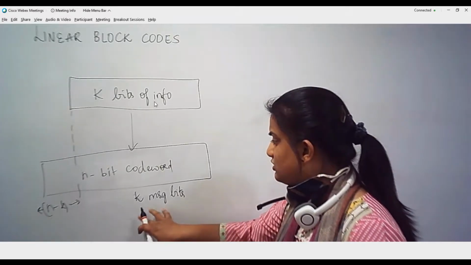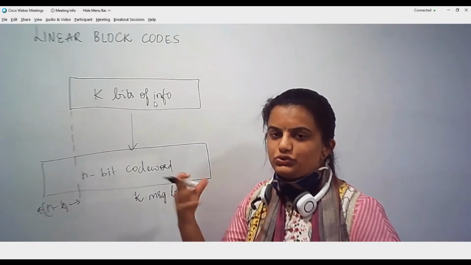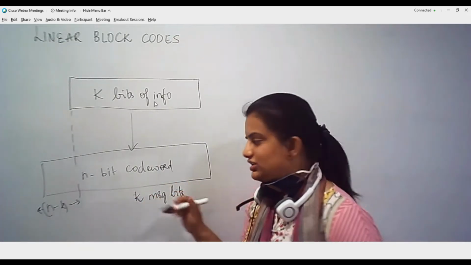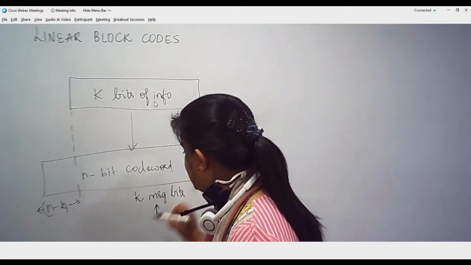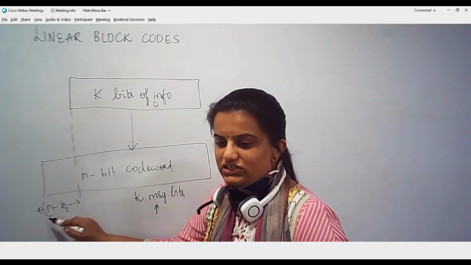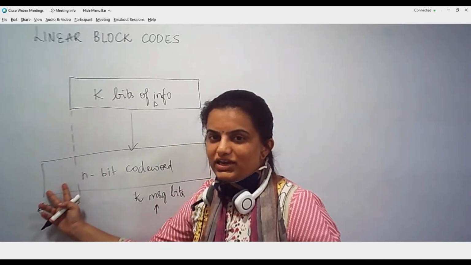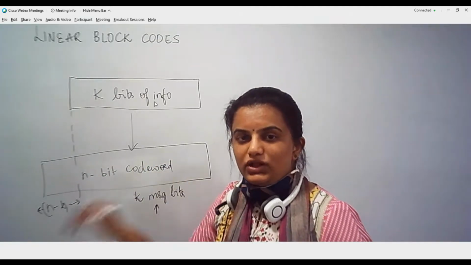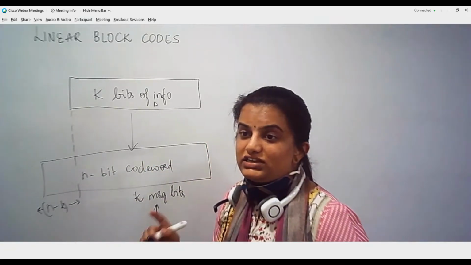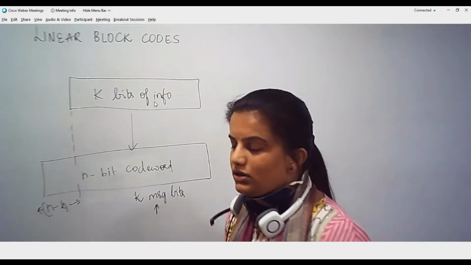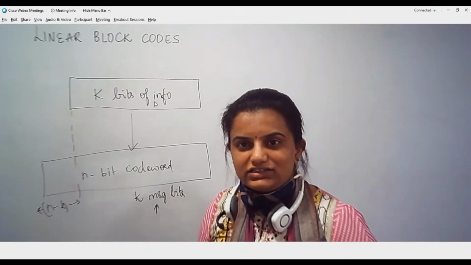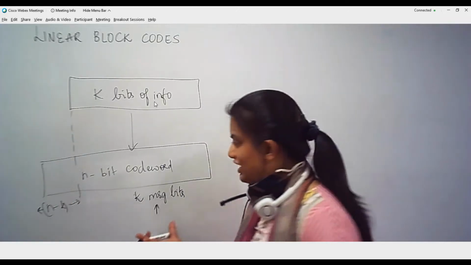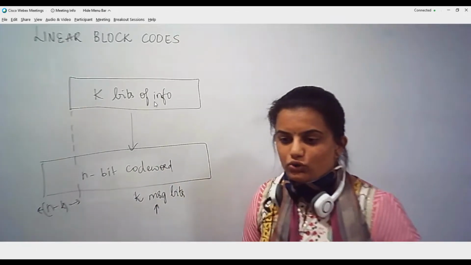So this is a strategy which is used to overcome the error while these information bits are carried within the channel. Whenever any error occurs, these check bits or redundant bits n minus k, which are appended either at the beginning of the message or at the end of the message, either way will be useful in order to detect and correct the errors. Some of the block codes are helpful in correcting the errors. Some of them are used for identifying the error. Like that we have the linear block codes.